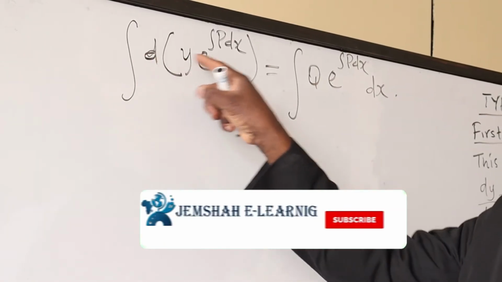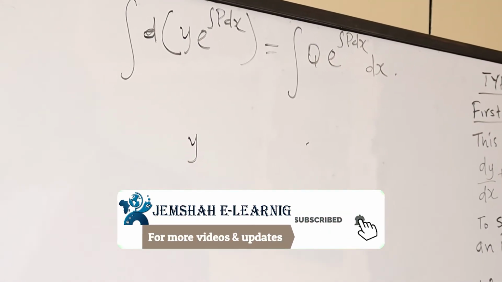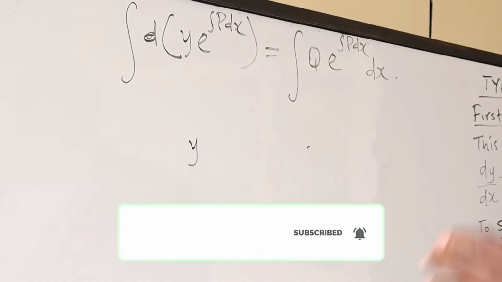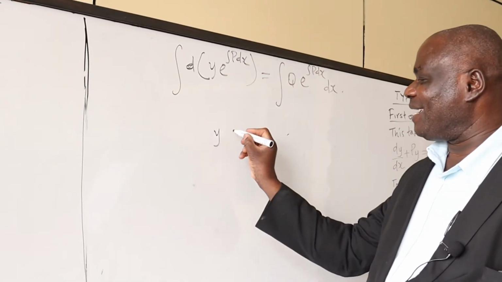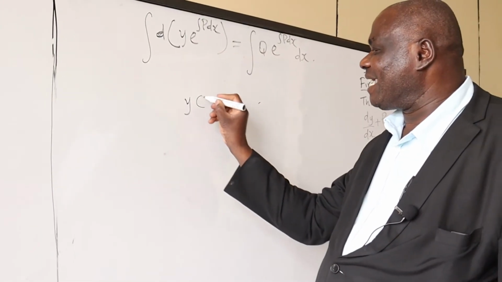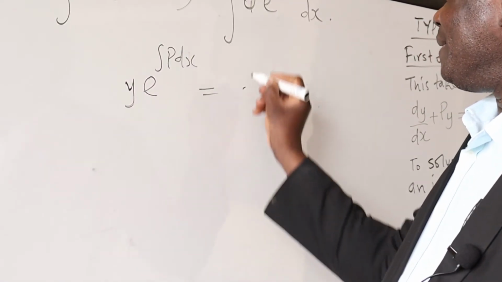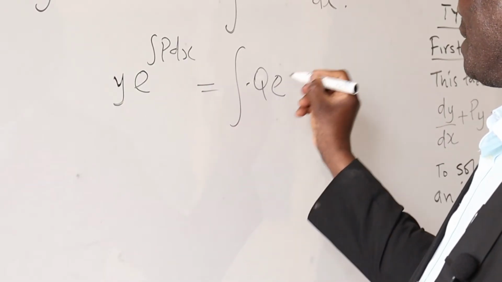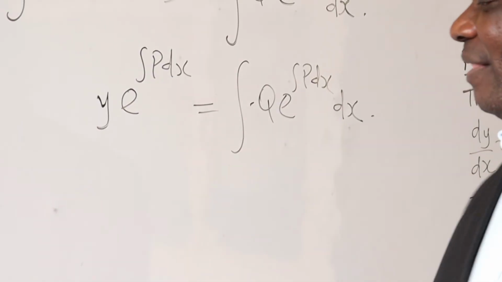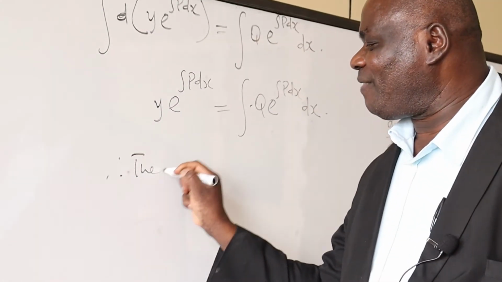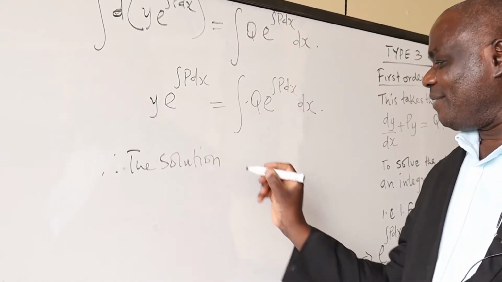So the integral of the something, the answer is that something. Like the integral of dp, the answer is p. The integral of dy, the answer is y. So the integral of d of this something that we have here, that is y multiplying the integrating factor, e^(∫p dx), will be equal to the integral of q e^(∫p dx) dx. Therefore, the solution to the first order linear DE